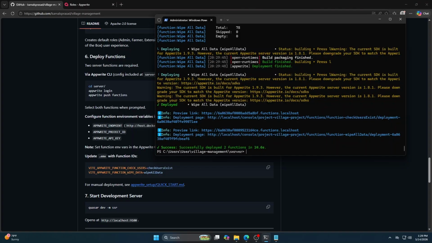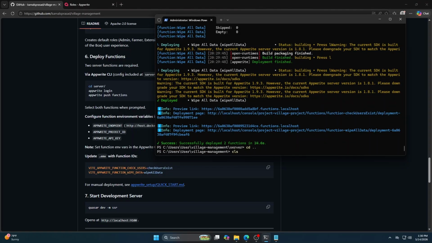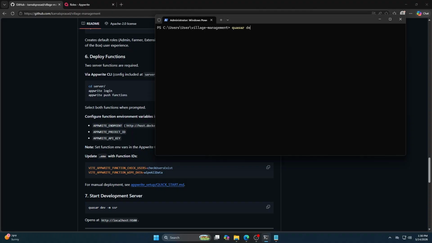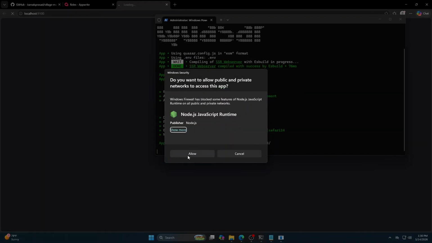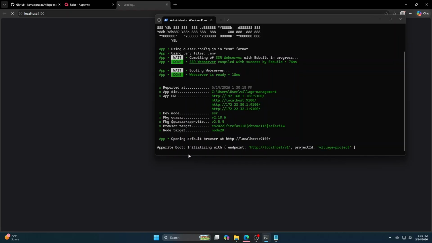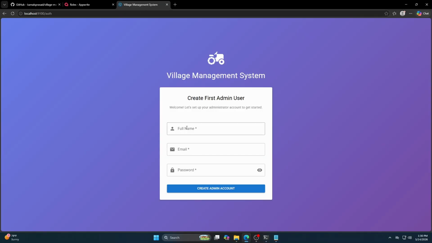In the terminal, change the directory back to the project root. Type quasar dev -m ssr and press Enter. Press Allow for any permission request that might pop up. This will start the development server and open up the app site. In case it doesn't load automatically, open a web browser and go to